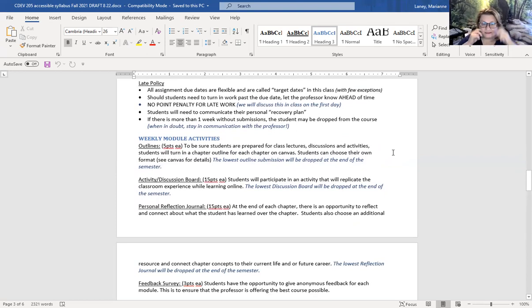Late policy. I call my late policy target dates. Now, with that being said, all the dates are in there. Sorry, I have totally got something in my eye. All the target dates, the due dates, they will match up to the syllabus, right? But if you need an extra day or two to get it in, I'm cool with that. If it's going to take you like a week, let me know, right? I do course design to let you kind of miss an entire week-ish and still be okay in this class, because I drop the lowest. I drop low point activities. So it's like a 5, 10, or maybe 15 point activity.